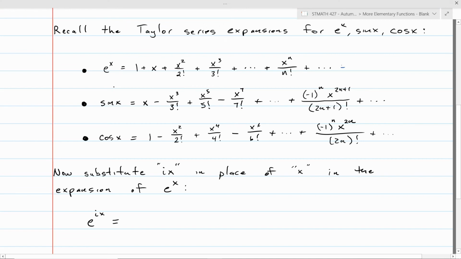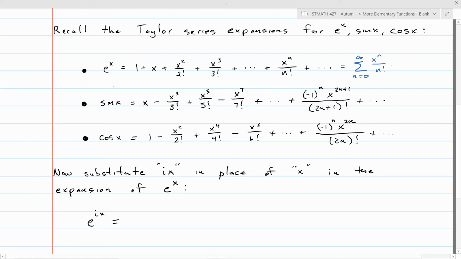So you can write this as the sum from n equals 0 to infinity of x to the n over n factorial. And sine of x, you can see there's some relationship between sine of x and e to the x. It's like sine of x is the odd degree terms from the e to the x formula, but then the sign is alternating. And cosine of x also looks like it has a relationship to e to the x. If you just look at the even index terms in e to the x and then let the sign alternate,